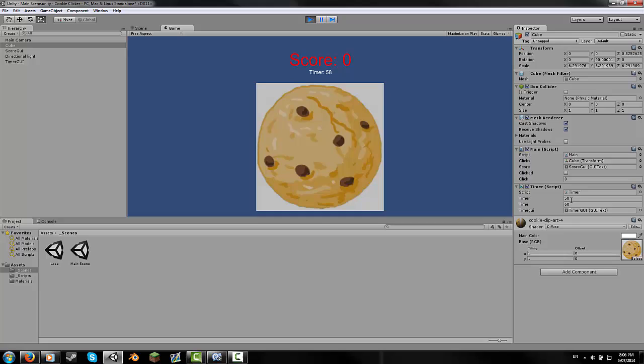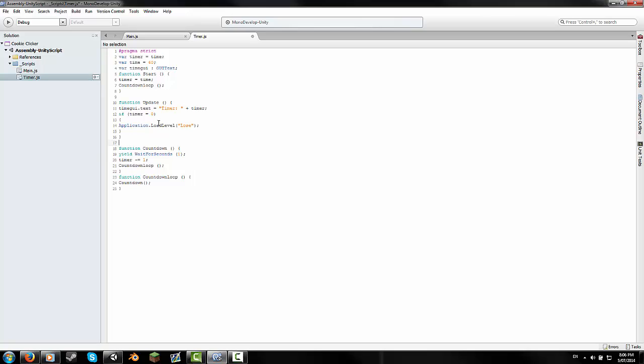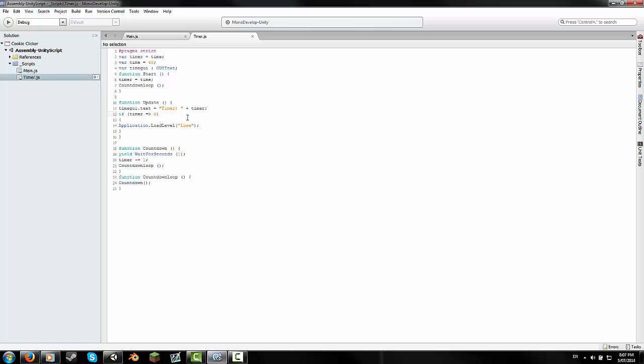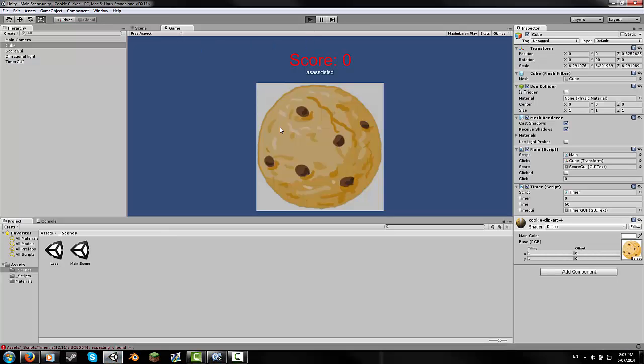So our time is going down. I could just set this to 3, it doesn't matter, so we'll just go down. As you can see, it did not, oh, I forgot to save, that would make a difference. There's an error here as well. See, I have got equal to 0. We don't want that. We want it to be equal and less than. Save that, click play,